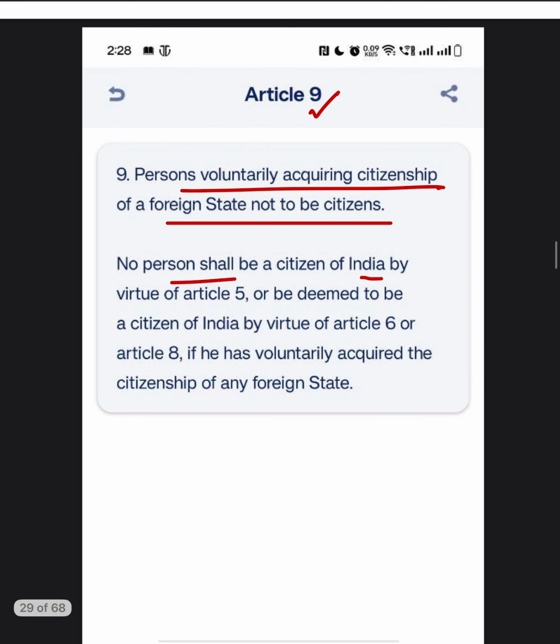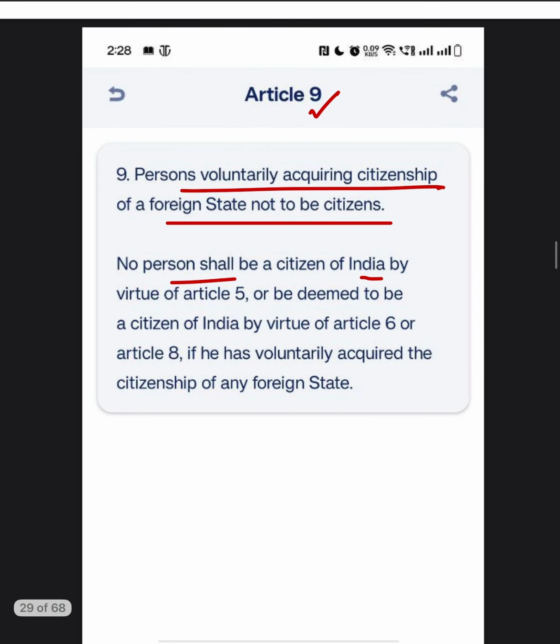Second, tenure of the members in the Rajya Sabha is 6 years, but it is not mentioned in the Constitution. No confidence motion, not mentioned in the Constitution. This is mentioned, this is mentioned. So the answer will be 1, 4 and 5. Answer is D.